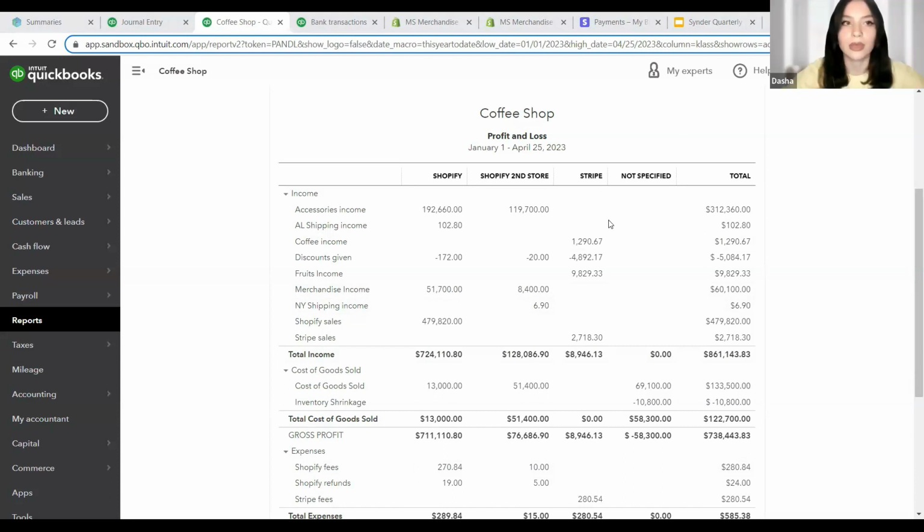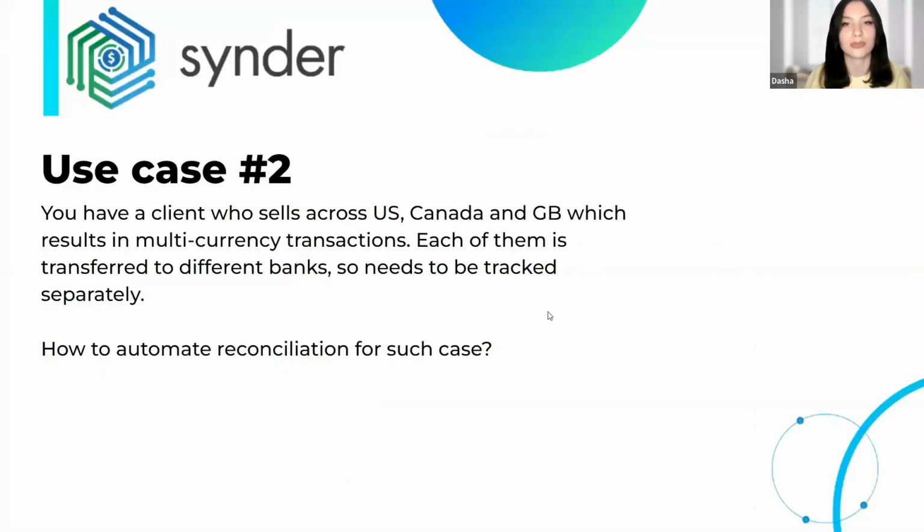Okay, great. All right, then as for the next use case, we will be talking about the more in-depth side of things, but we know that a lot of people face this situation and have the question of how to manage this properly. So back to slides. Use case number 2: say you have a client who sells internationally, across different countries. Let's say they sell across the US, Canada, and Great Britain in my example,